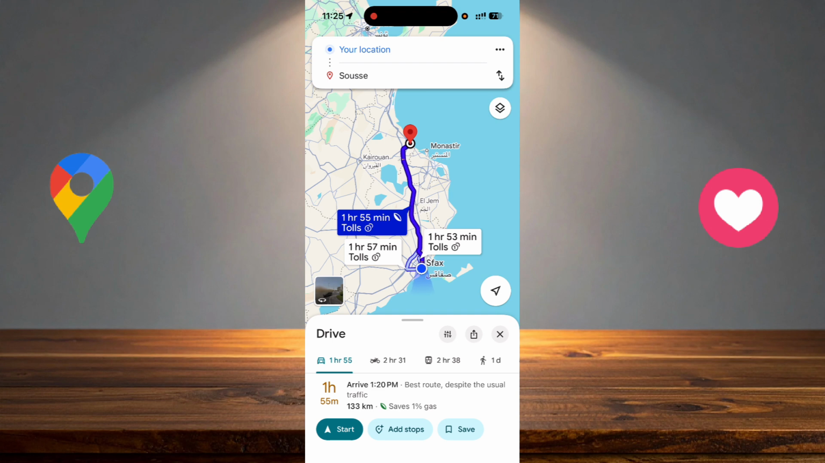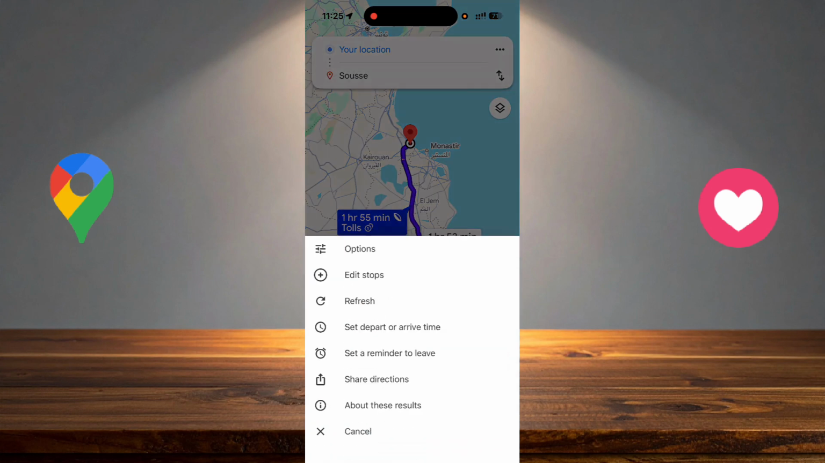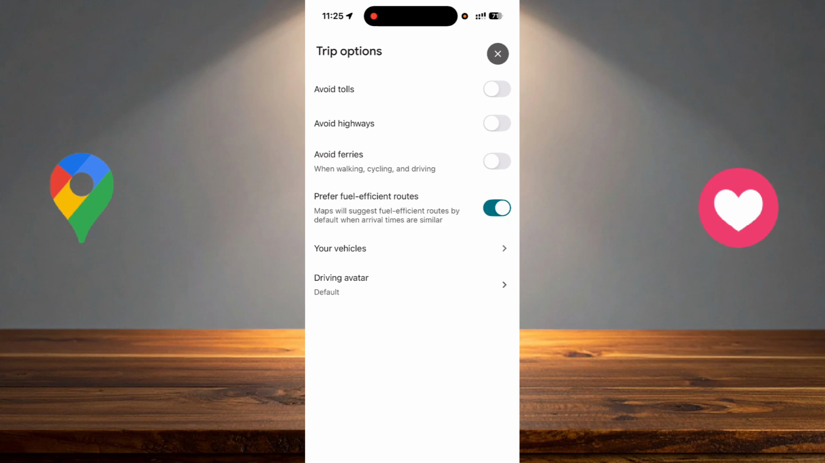And on directions, as you can see on the top of the screen near to your location or the departure location that you will choose, there are 3 points. Click on them and after that click on options. And here, as you can see, the second option is avoid highways. So you have just to click on it to activate it, and like that you will avoid highways on Google